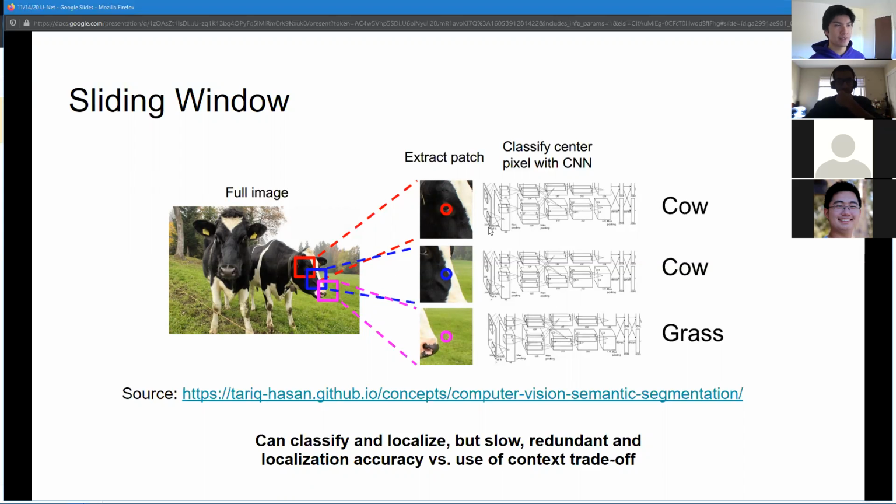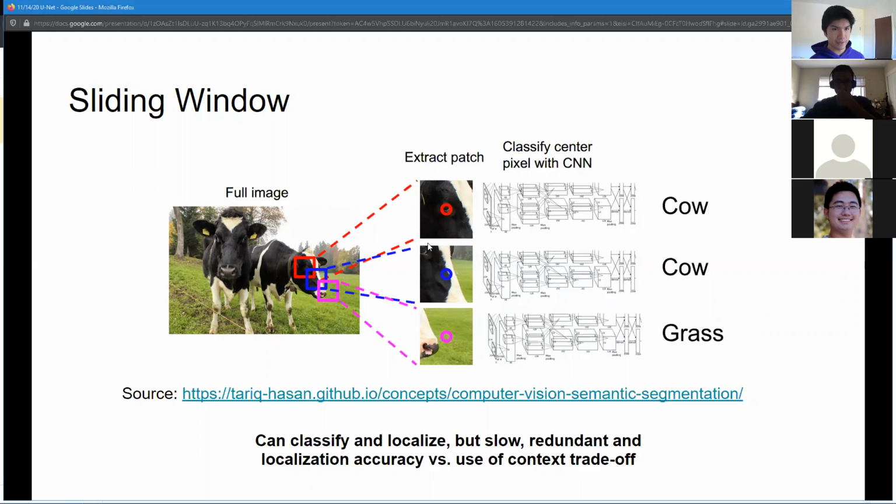Another thing that is important to point out is that not only is it slow, but, sorry, I should probably explain. You don't just take in that pixel you're trying to classify, you also take in a little bit of the surrounding area, which is what these patches are showing right here. So it does see a little bit of local context, but what you're actually classifying, what you want to answer the question of what is this, is that center pixel.